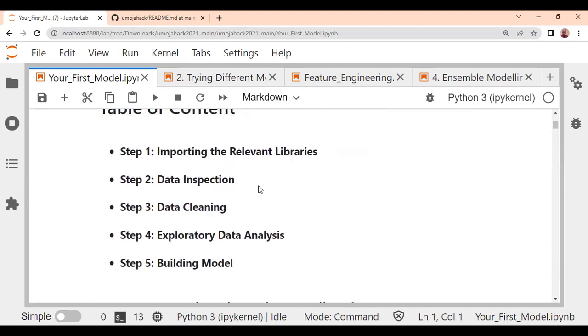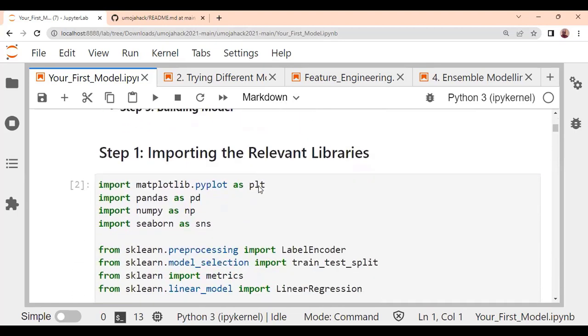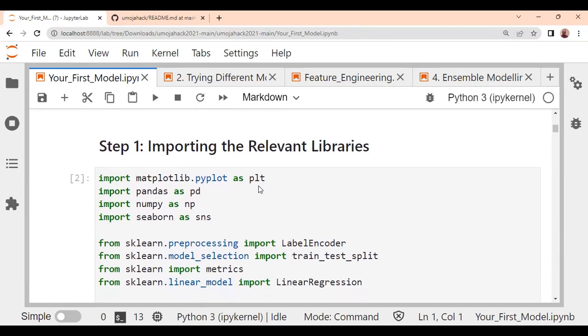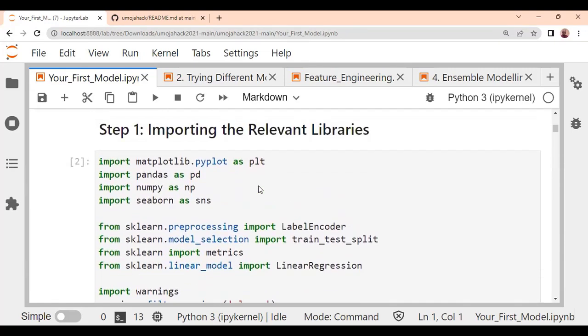So the first thing you need to do is to import relevant libraries. All right, there are a number of libraries that you will need. And of course, this time we will not permit to start talking about the peculiarity of each library. But as I use them, I will try to talk about why I'm using them and what I want to achieve by importing them. All right. So I've imported a number of libraries here. I imported